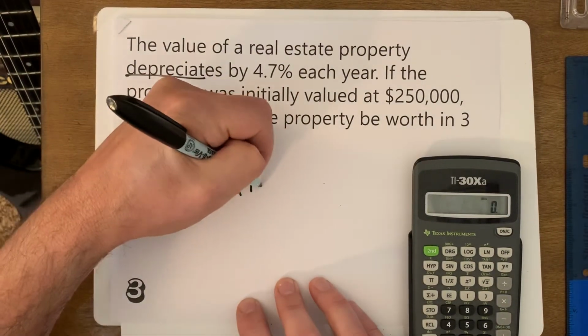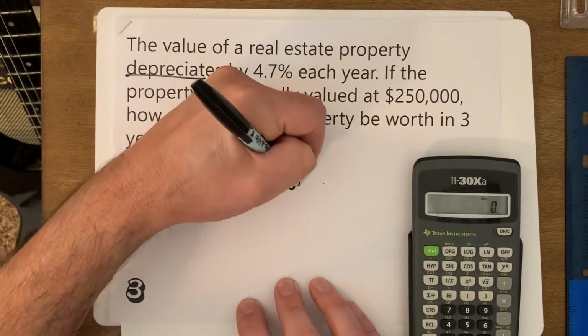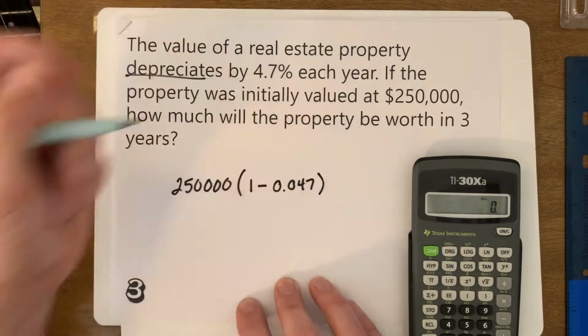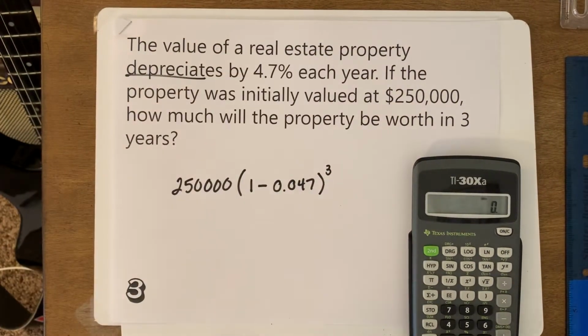So 1 minus 4.7%, 0.047 as a decimal. And then 3 years, 3 goes right there. All right, 1 minus 0.047 equals, we're going to raise that to the third power, equals, and then multiply by 250,000 equals, okay,